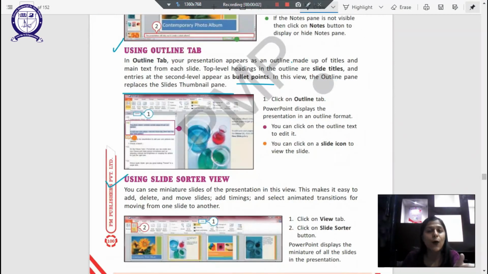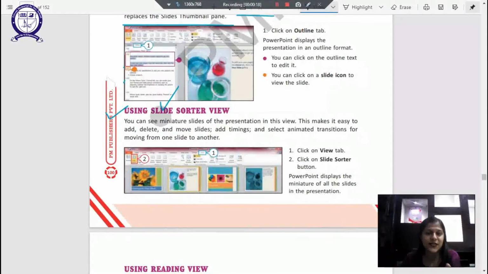In the outline tab option, our presentation appears as a collection of titles, subtitles and bullet points. The graphics disappear and it looks something like this. All of our text is arranged in headings and subheadings, right? And then we see using slide sorter view, which I just demonstrated to you in the presentation, which we can select from the bottom right column.